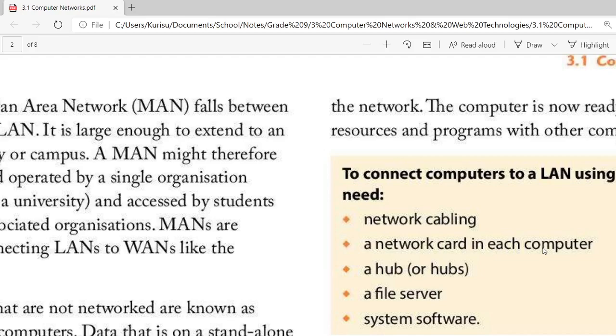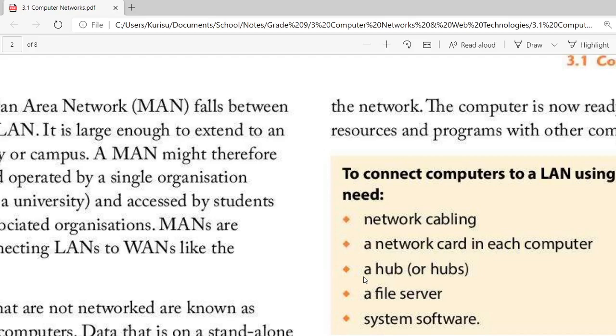Other devices would have a wireless network card. So for example, newer laptops, smartphones and so on, they have a wireless network card. And through the wireless connection, they will be able to connect to the network. Now, the reason why the third point has a hub is so that you can connect multiple devices to your